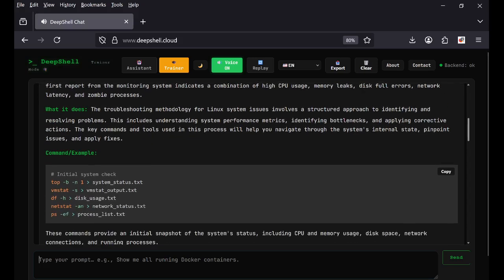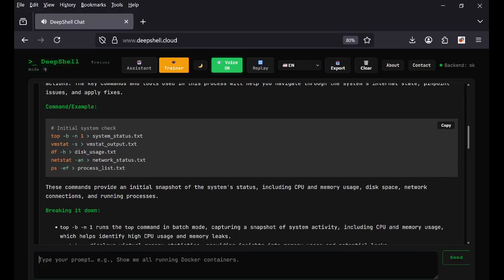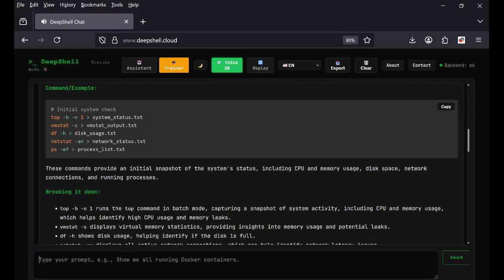What it does. The troubleshooting methodology for Linux system issues involves a structured approach to identifying and resolving problems. This includes understanding system performance metrics, identifying bottlenecks, and applying corrective actions. The key commands and tools used in this process will help you navigate through the system's internal state, pinpoint issues, and apply fixes. Command/example. These commands provide an initial snapshot of the system's status, including CPU and memory usage, disk space, network connections,